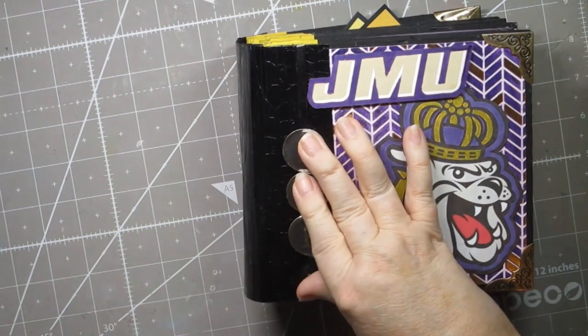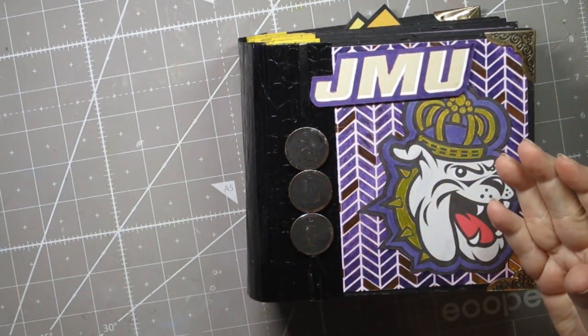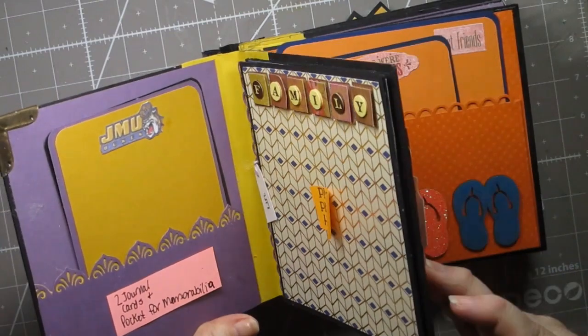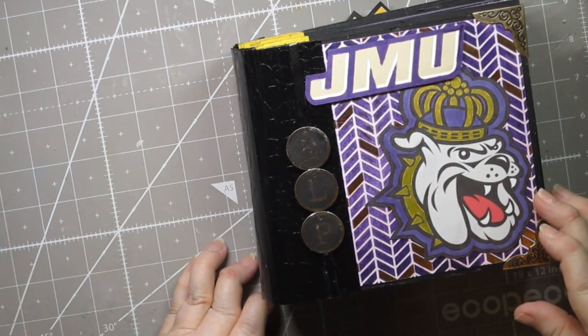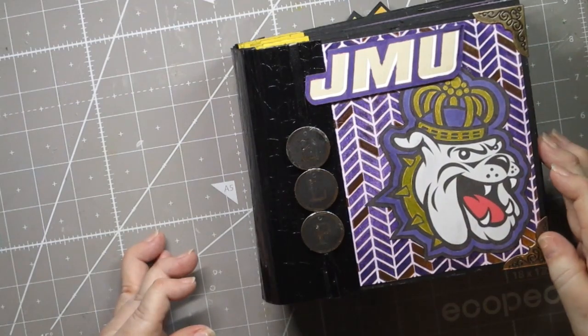So our niece was a freshman last year in college, and I've been collecting a lot of things over a large period of time for her. I started out with 6x6 pieces of chipboard, cardboard, and I painted them all black, and then I just started working. And my cover is,